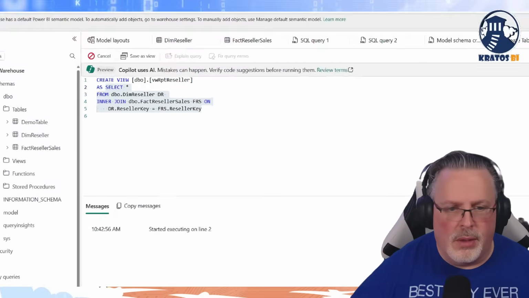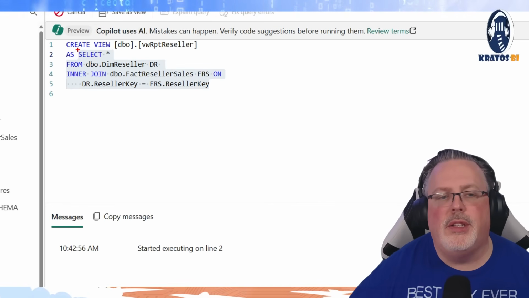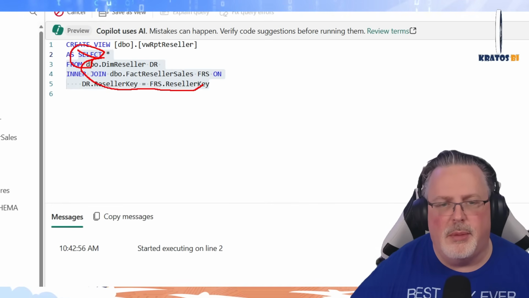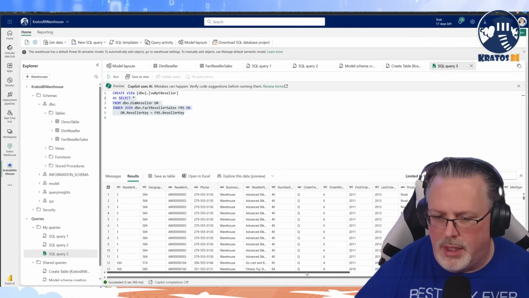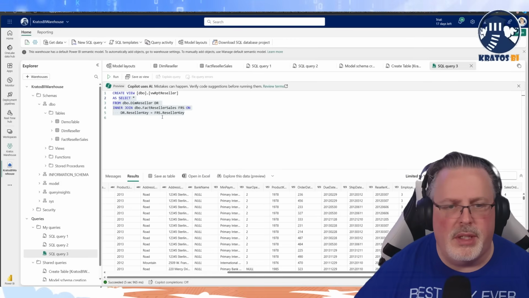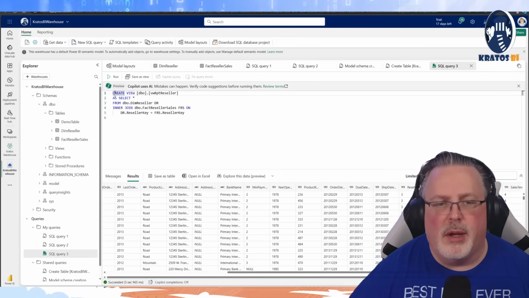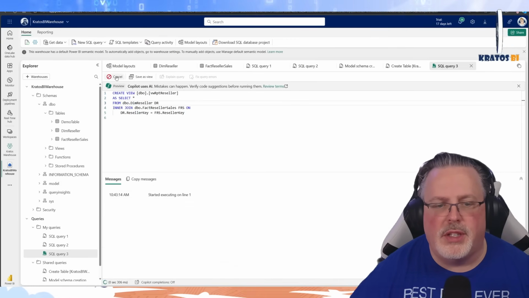Do you see that though? Look what I did. I just wanted to run this select statement that's right here and get the results to make sure that was what I wanted. Hey, look, it's everything I wanted it to be. So now I've got my create view in place. Now as I run this,